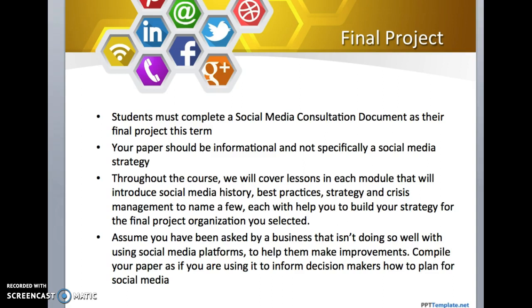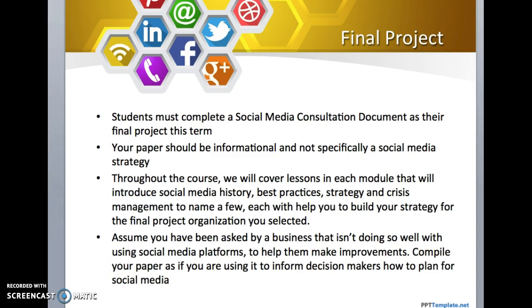Because throughout the course, everything that we work on each module, each week, will cover lessons that will help you get a better understanding of social media and using it as a communication tool. So we're going to learn the history of social media, best practices, strategy, crisis management, and we're going to put all that together.